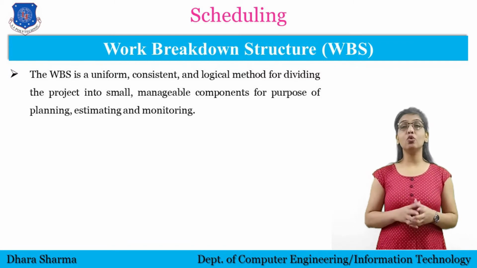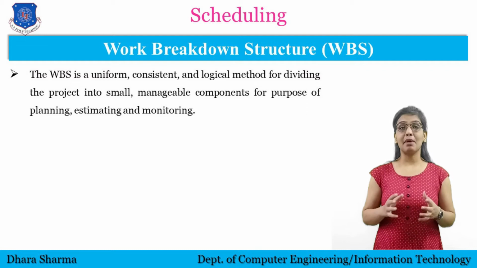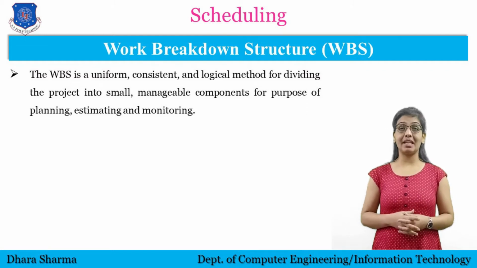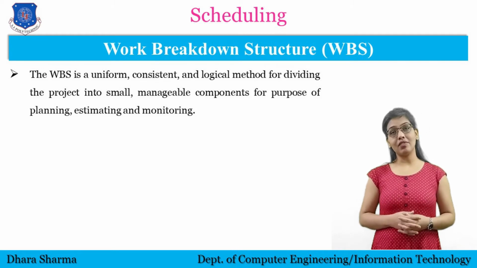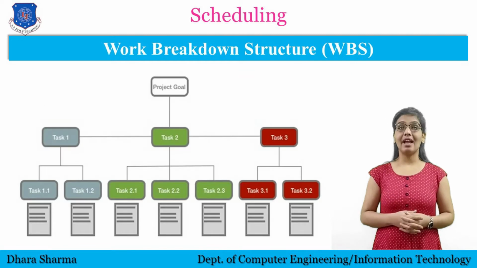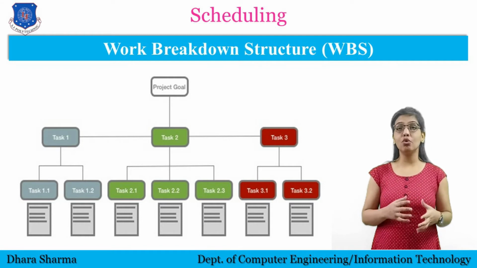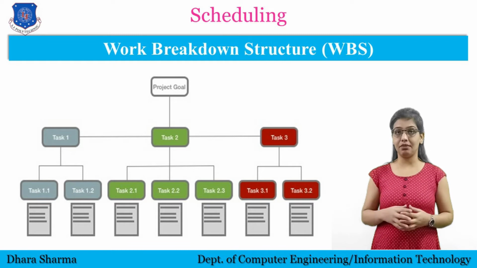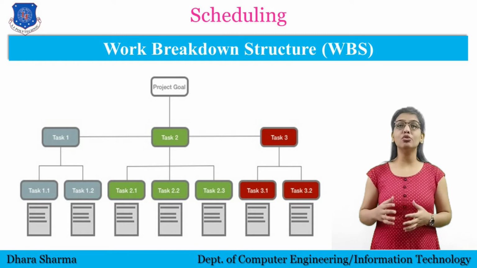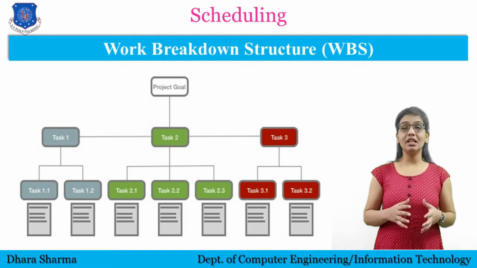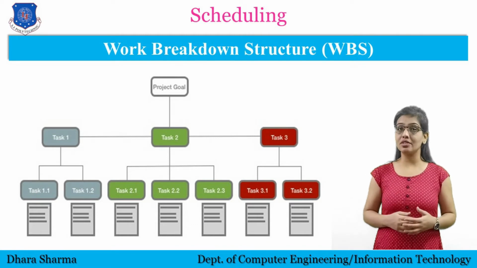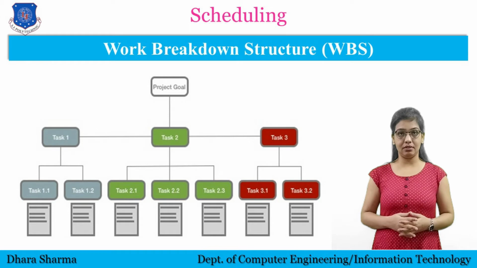It will provide a roadmap for planning, monitoring and managing all the factors of the project like resource allocation, scheduling, budgeting, productivity and performance, etc. WBS can be shown graphically in a hierarchical tree structure and developed in a top to bottom manner. The root of the tree is labeled by the problem name and then each node of the tree is broken down into smaller activities that are known as the children nodes of the main node. Each activity is recursively decomposed into smaller sub-activities until the leaf level.